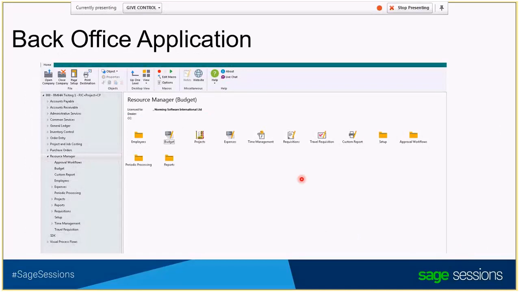On the Sage side, the Resource Manager provides a back office application which is embedded in Sage 300, just like normal fixed assets or Sage core modules. You can say it has the same look and feel as Sage core modules. The back office application is designed for back office staff, such as the accounting person. They can just go to the Resource Manager back office application and double check the expense reports submitted by